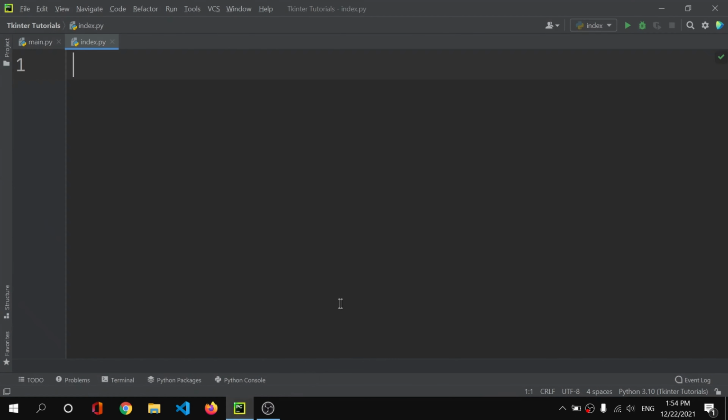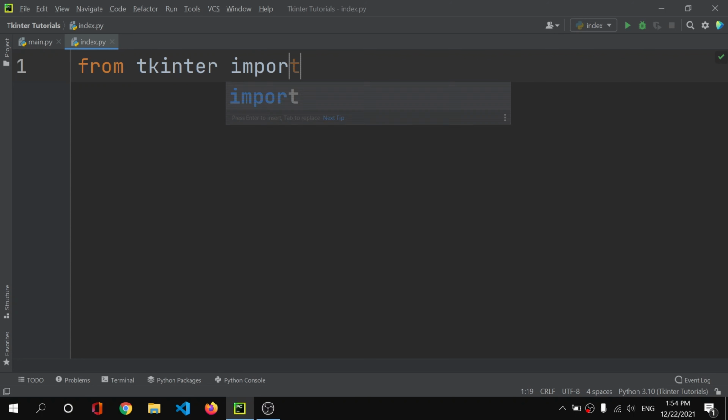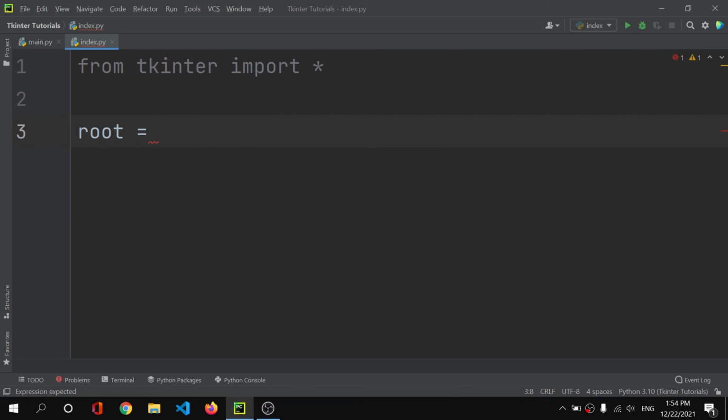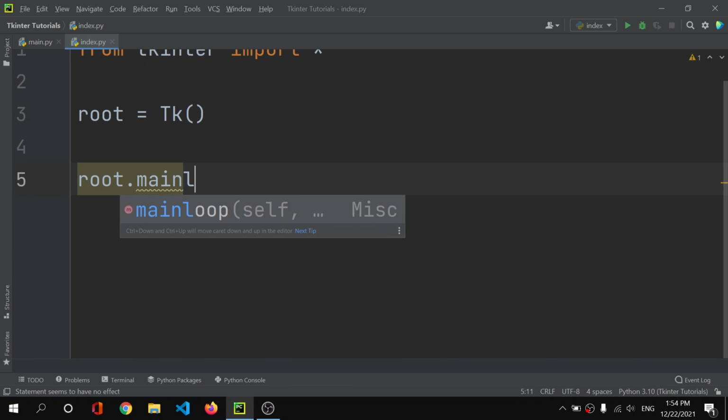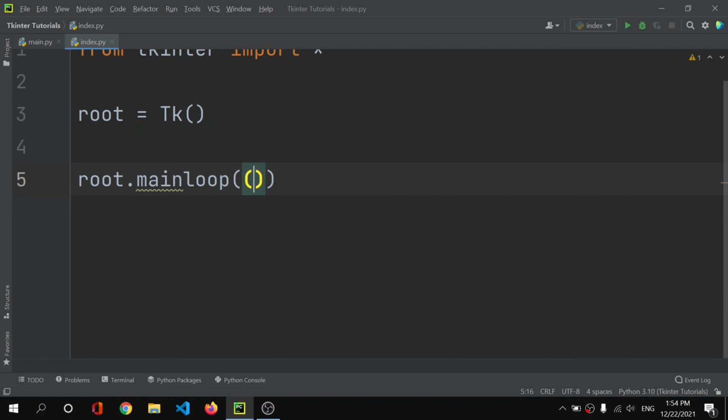Simply open your PyCharm. In this PyCharm, first of all, I have this empty window, this empty text file. Here, first of all, I will import everything that I need from tkinter. Then I will set root equals to tk, so I am initializing my tkinter. Then I will call root dot mainloop. Now our tkinter